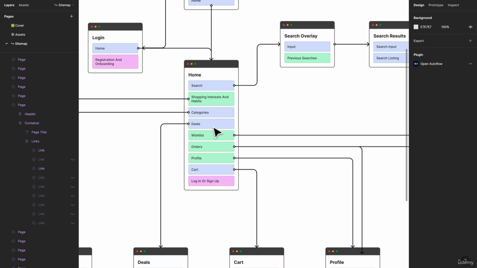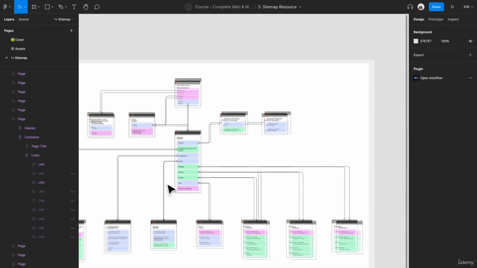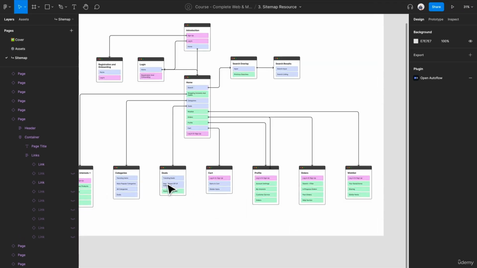I need you to remember that once you have a good idea of what your product structure is going to look like, move on to your wireframes, dig deeper, and test some of those assumptions that you're making here, because these are a lot of assumptions. This is just giving us a nice little bit of a plan to move forward. Your sitemap's not going to answer all the questions, but it will give you that starting point for your wireframes. So remember, be lean,